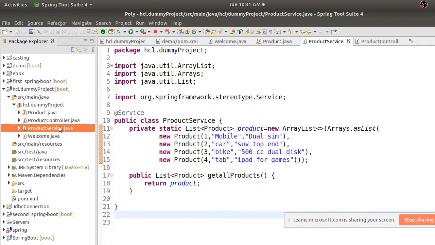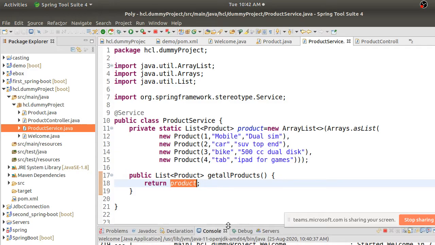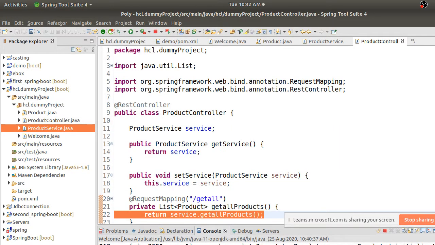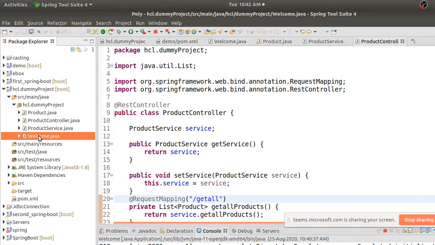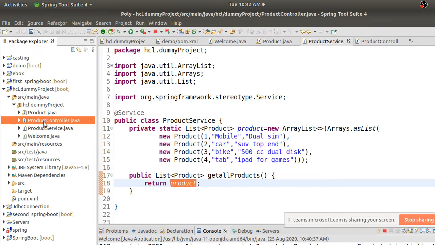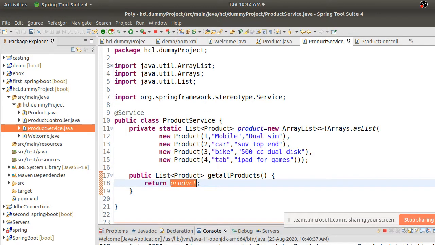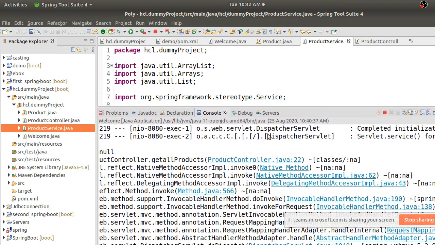Get all products is the method, it's returning product. So any idea, guys, where I have checked it?